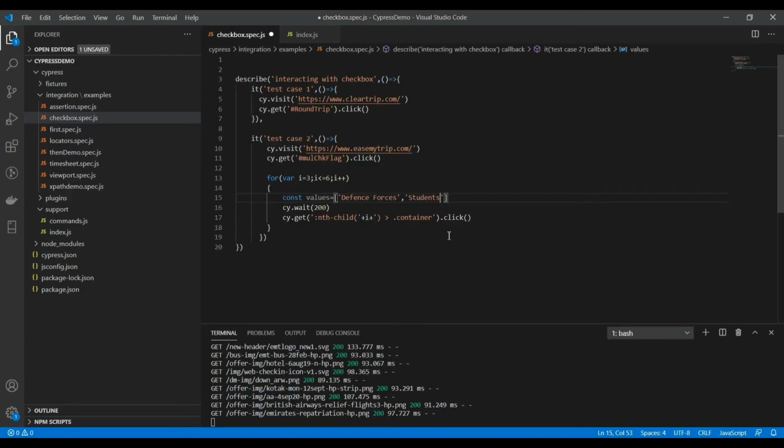I'm just creating a simple array, and since I'm able to extract the locator, I can use that locator to compare the text as well with the normal iteration. In the for loop itself we can compare the value.